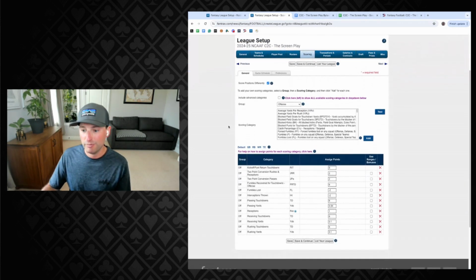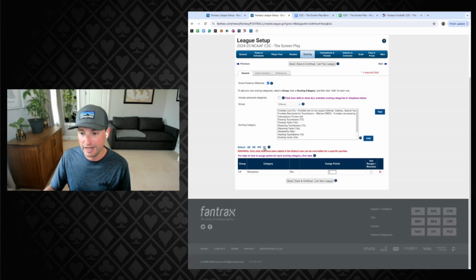You can set the scoring up however you want. The one thing I'd say is, if you're going to score positions differently, you're probably going to need to check this box differently. So let's say you wanted to add a tight end premium. And this is the league that I already have set up. So you're going to add a receptions. You're going to give them 1 point per reception. And you'll see this little asterisk here. Because I have this box check, score positions differently, and I have a tight end premium league, I'm going to assign the 2 points per reception for tight ends,